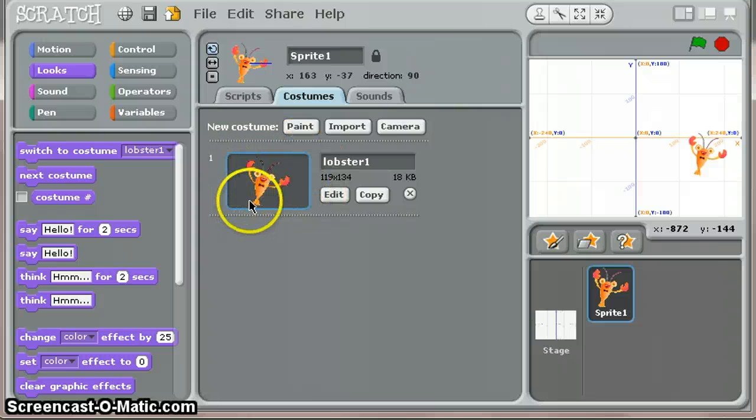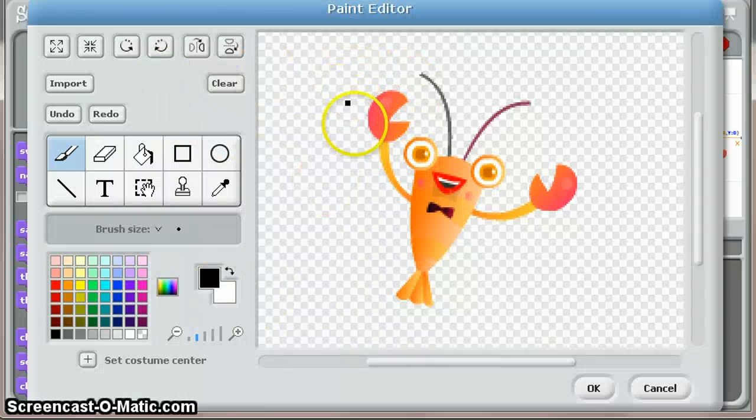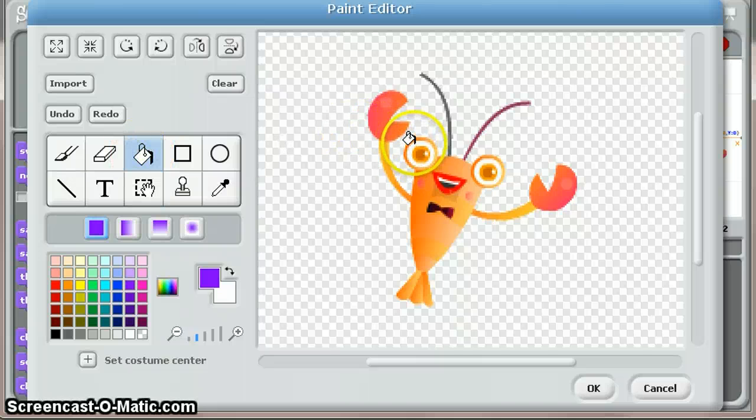So at the moment, this is what the lobster looks like. If I copy this, so I've got two lobsters which look the same, and edit one of these. So this one's called lobster 1 and this one's called lobster 2 now. If I edit this one and click on edit, this just looks exactly like paint. And one of the things I can do, for example, is I can color in the eyes, you know. So I can pick a particular color for the eyes and make them change the fill color. So I've just chosen a color here, and I'm just going to fill these bits in a purple, let's say,